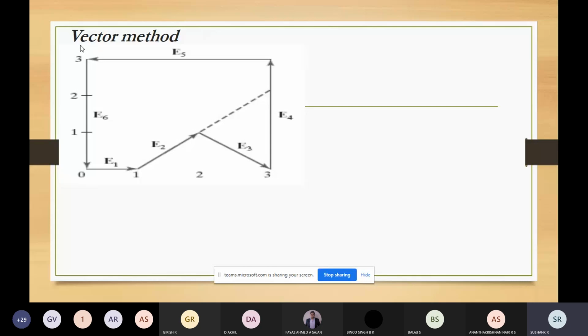Each polygon will be represented by some points. If you take an example here, these are the points of this polygon. So this is a polygon which has these vertices. For these vertices you will draw the edges. So E1 is an edge, E2 is an edge, E3, E4, E5, and E6. So there are 6 edges for this polygon.